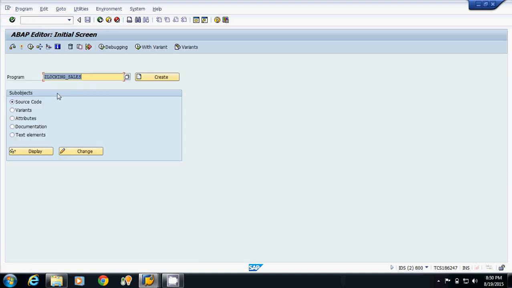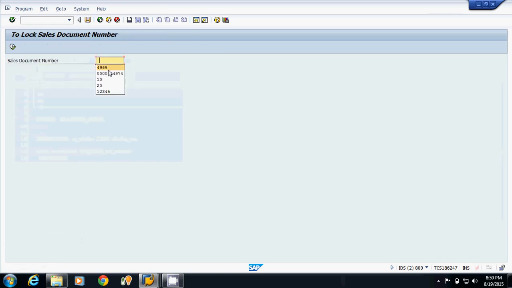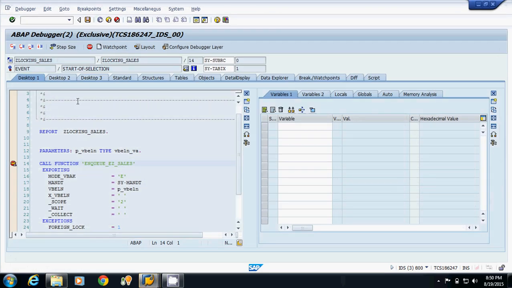SE38. I will run this same program. I am providing the input 4969. Now I click on the execute button. I am going for desktop 3.